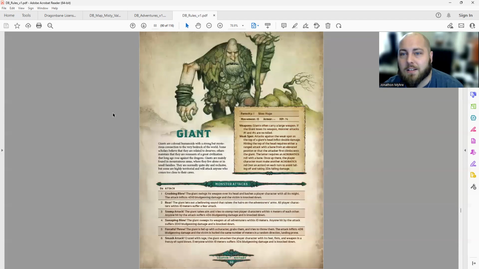Giants. Giants are colossal humanoids with a strong but mysterious connection to the very bedrock of the world. Some scholars believe that they are related to dwarves. Others maintain that they are remnants of a great civilization that long ago rose against the dragons. Oh, that could be a fun narrative. Giants are mainly found in mountainous areas where they live alone or in small families. They are normally quite shy and reclusive, but some are highly territorial and will attack anyone who comes too close